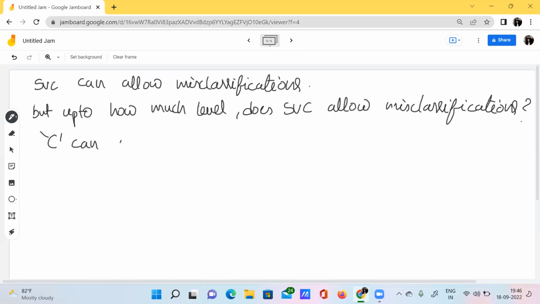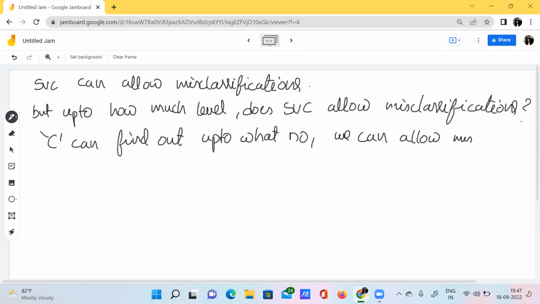C determines up to what number we can allow misclassifications. Did you get that? For example, if the C value is 0, then epsilon i is equal to 0.